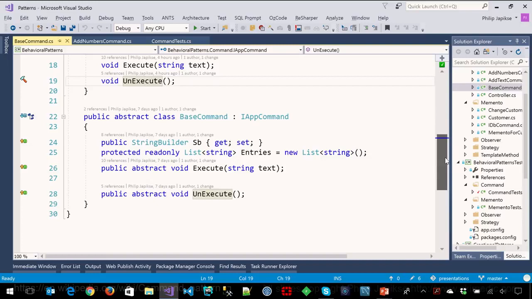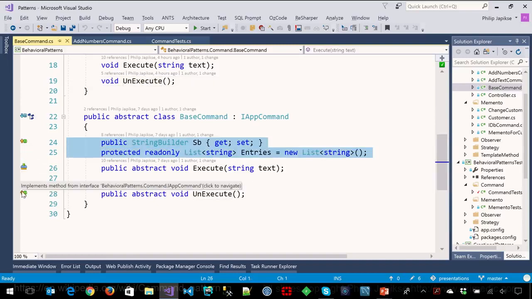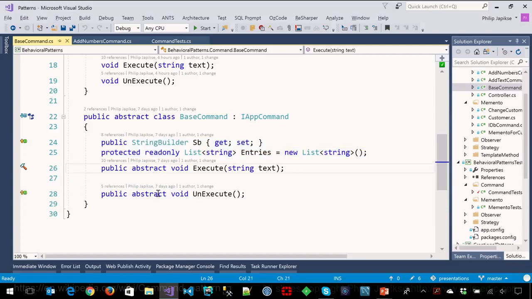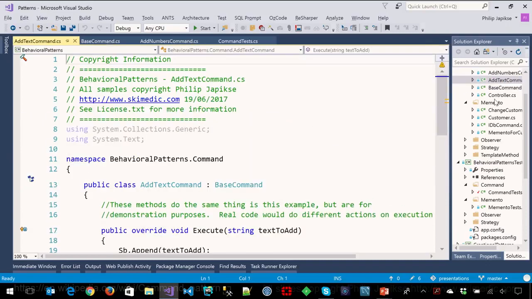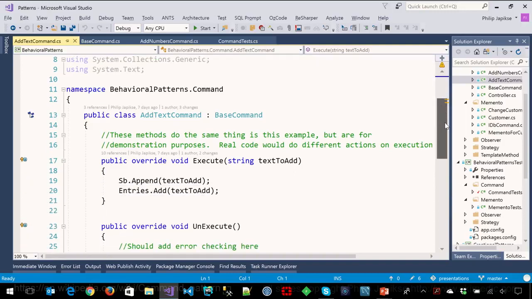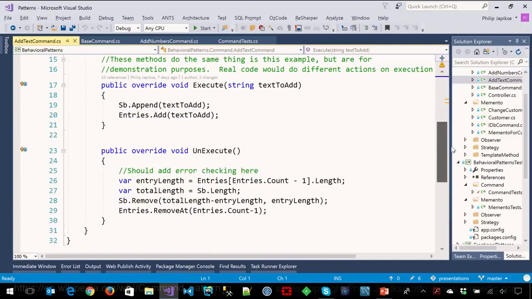So I have a base command, and the reason I have a base command, again for my silly example, is to keep track of the string builder. Okay. And then I just make the execute and unexecute abstract. So my specific implementations of the commands have to implement them. So my add text command has an execute, which just appends the text to the string builder,